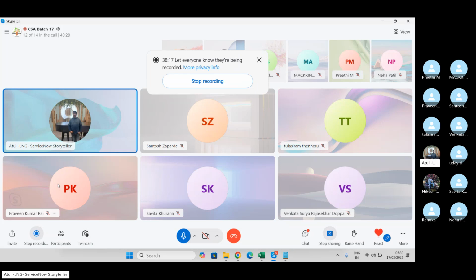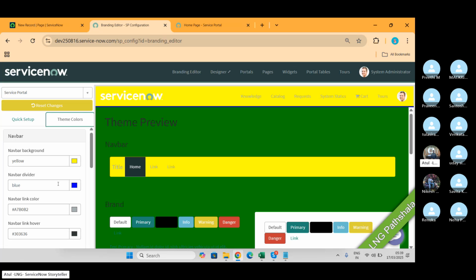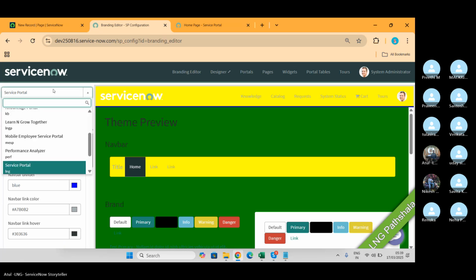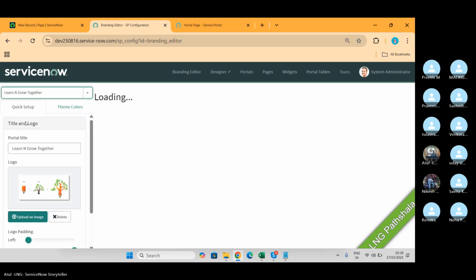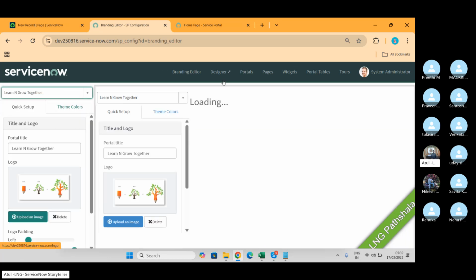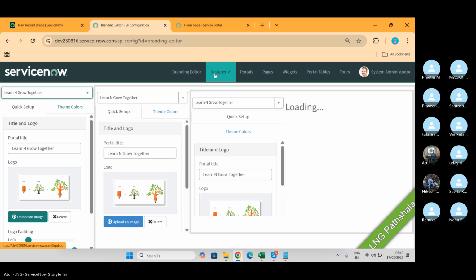Good. Now let's go to the second part. This is my portal, right? If I come back here, NGP, this is my portal. I want to design it now. Designer. And designer is something which is important for us to understand.